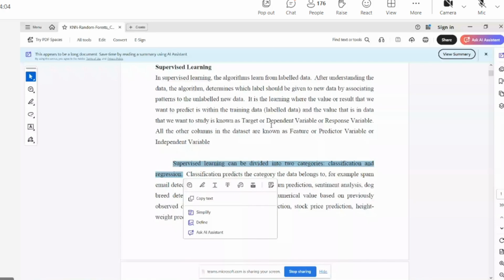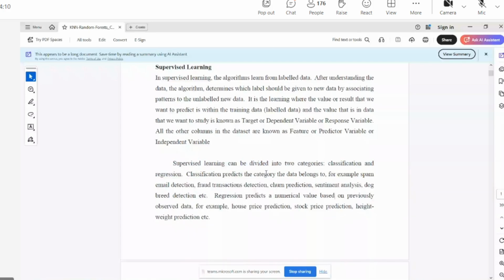Then what is non-categorical data? Numerical values. If it is non-numerical, it is called as categorical data. If the data is non-numerical, then the problem we are going to solve is called as classification problem.